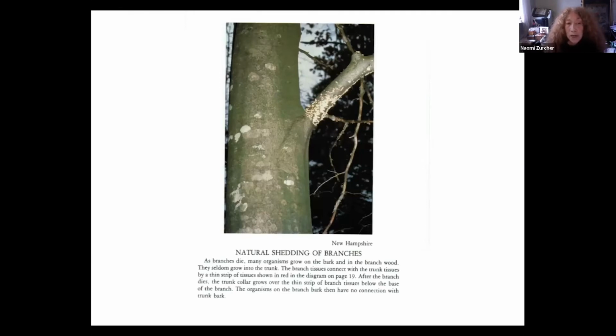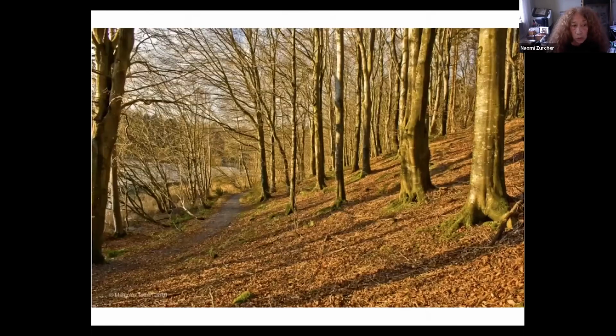The tree may then initiate branch shedding by forming a basal protection zone, divorcing the branch from resources supplied by the tree, ensuring branch death. Before the dying branch is shed, all usable resources that have been stored in the branch will be reclaimed by the tree. Trees grow with their root crown above the soil line, as do all parts of the tree that are covered with bark, which requires light and air to function.